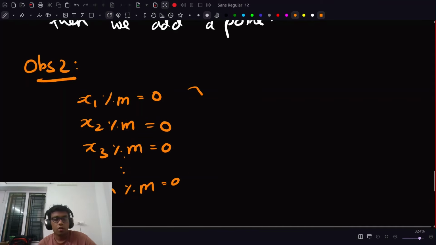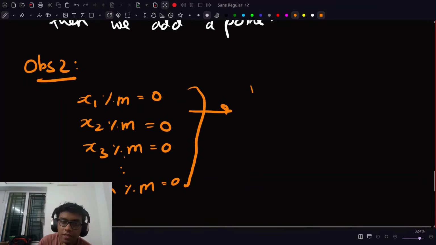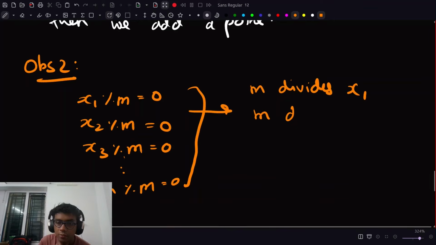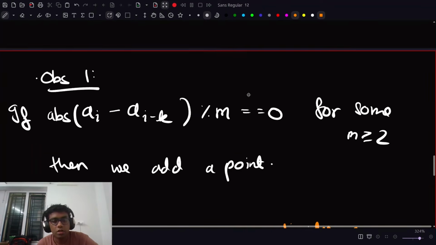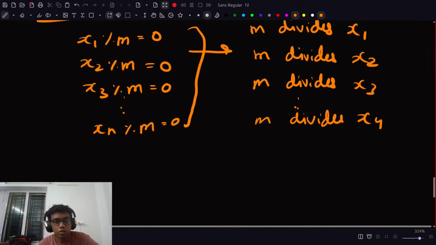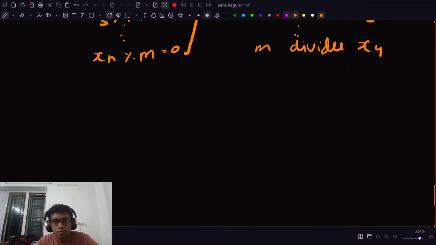Okay, now interesting thing to observe about this equation, it means that m divides x1, right? It also means that m divides x2, right? And m divides x3, right? And so on till m divides xn, right? So bringing it back to the context of our question, what we can see is,